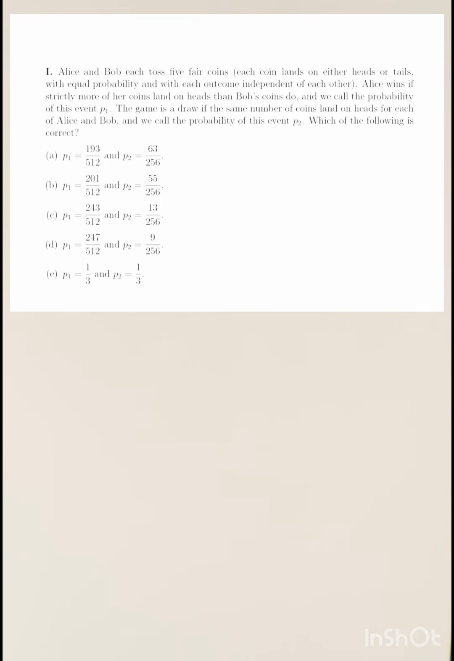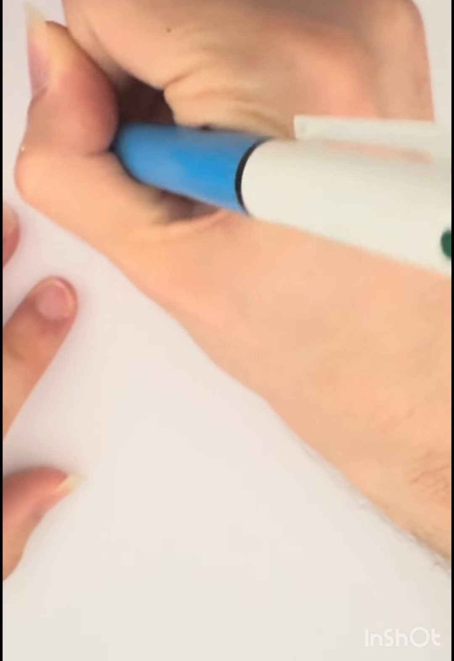Alice and Bob each toss 5 fair coins. Each coin lands on either heads or tails, with equal probability and with each outcome independent of each other. Alice wins if strictly more of her coins land on heads than Bob's coins do, and we call the probability of this event P1. So I'm going to write that down. So P1 equals the probability